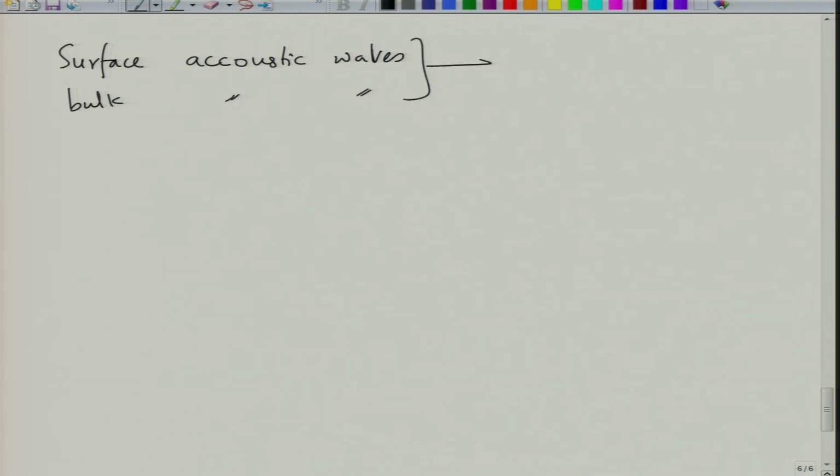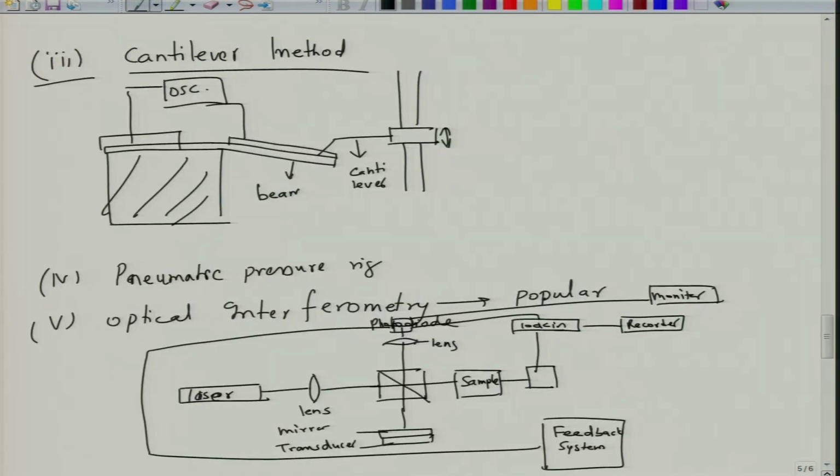These are typically the indirect methods, okay. So they are basically coupling of acoustic waves with respect to the sample, which are used to measure the piezo response. In case of single beam optical interferometry, the resolution can be quite high. We can measure up to about 0.1 picocoulomb per Newton. This is a fairly high resolution, and the displacements that can be measured are of the order of 10 to the minus 3 nanometer range.